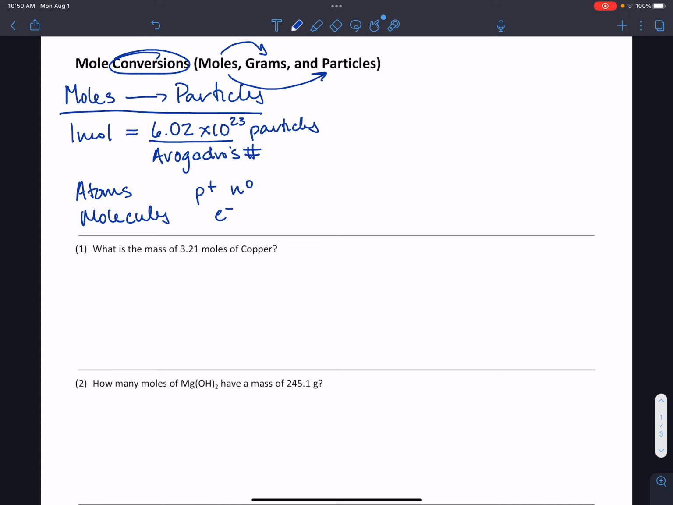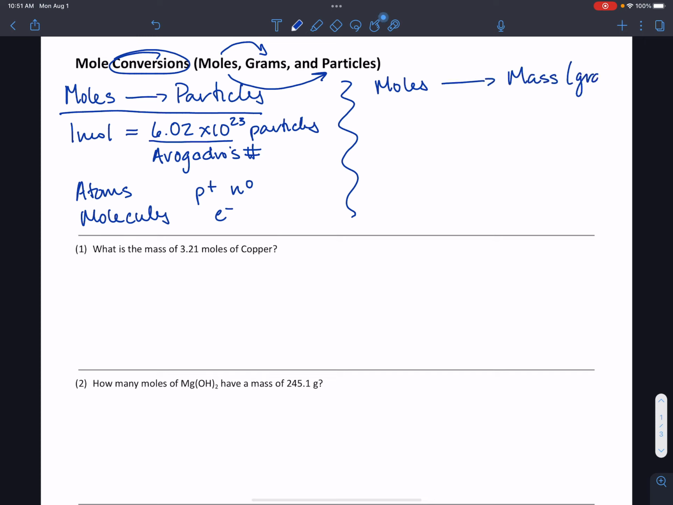really small. So that unit equality is going to allow us to set up conversion factors where particles can be on the bottom and moles on the top of the conversion factor or vice versa. The conversion factor we use depends on what we're trying to cancel. Now if we wanted to look instead at the conversion between moles and mass, and we